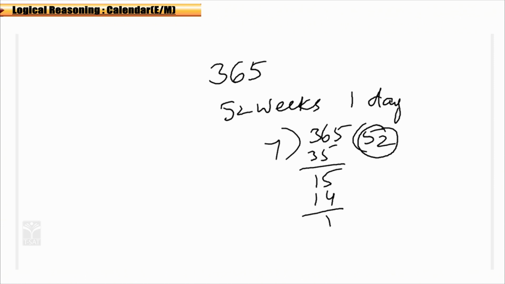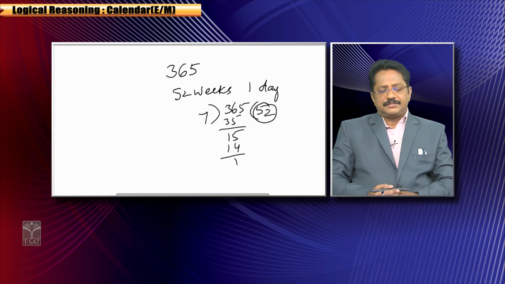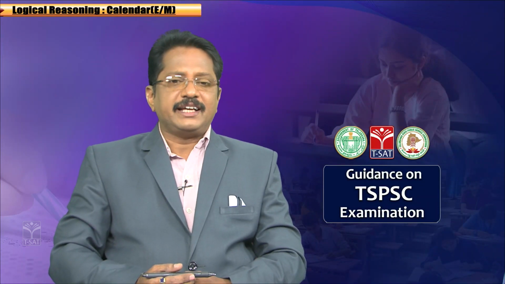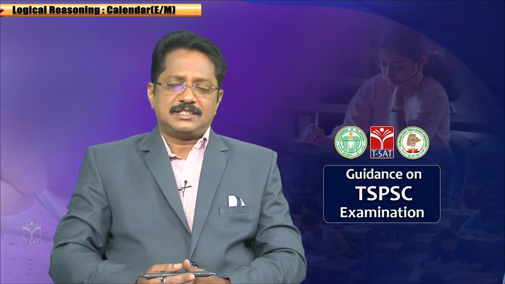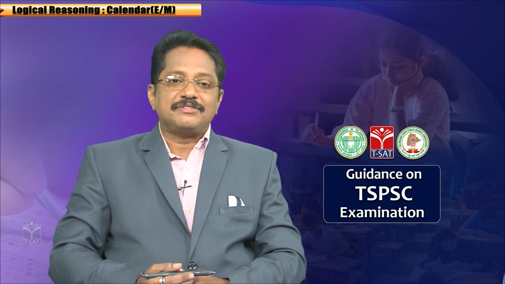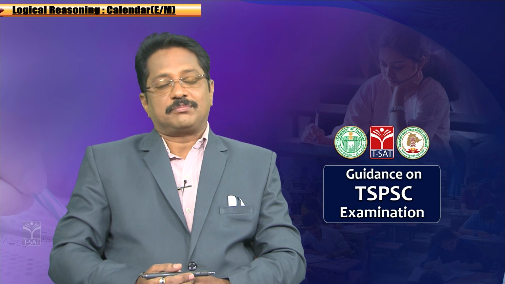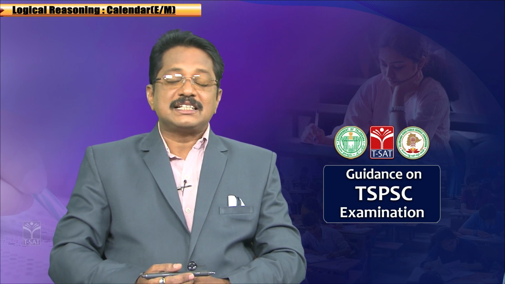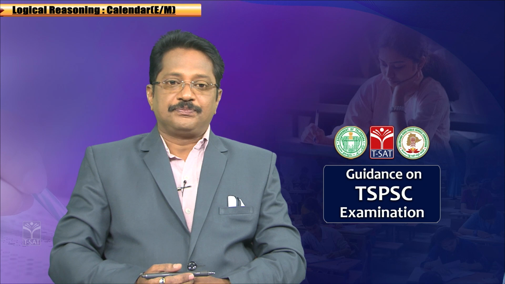This 1 day we generally call an odd day. In different examinations and different books also, the regular usage term is odd day. 1 is an odd day. It may be any one of the weekdays, maybe Sunday, Tuesday, Wednesday, Monday, whatever it may be. Out of 7, it may be one of them. Okay, we have one more kind of year, that is called a leap year. Leap year has 366 days, correct?